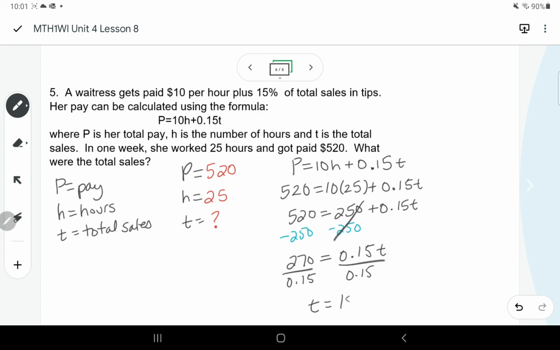And I get $1,800. So that's not money she made. That's how much she sold at the restaurant in the meals that people bought. So therefore, her sales were